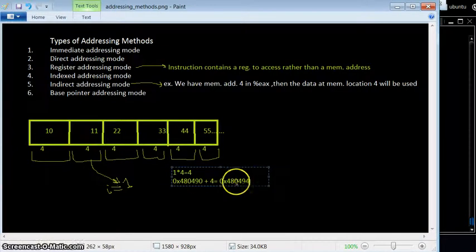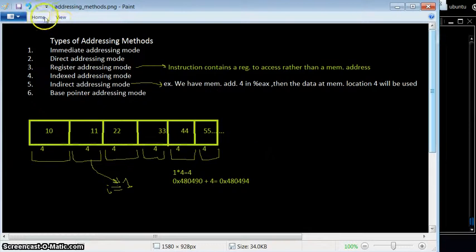So this will be the value where we can access this element. So our first data item from this data is over here at this memory address, correct?